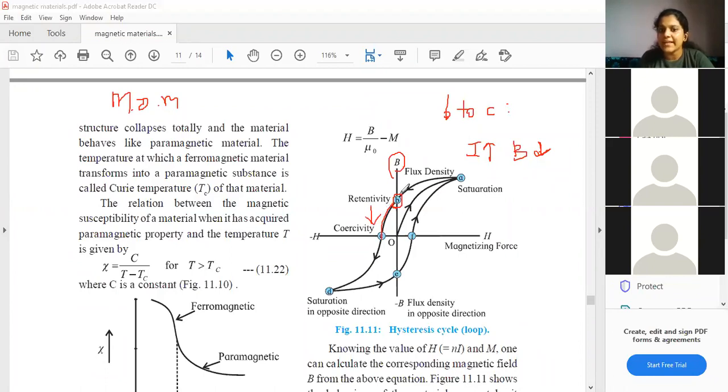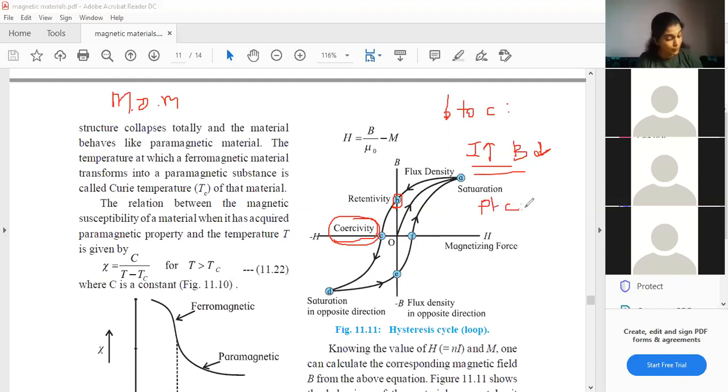So at small b, when current was 0, capital B was not 0 because some flux density was still retained. After that, we changed the direction of current, and we are increasing the current now. But in this process, what is happening? B is decreased now and reached 0. So this point is there, point C. This point C is called coercivity. All right, fine. After you all have noted this down, just write point C now.